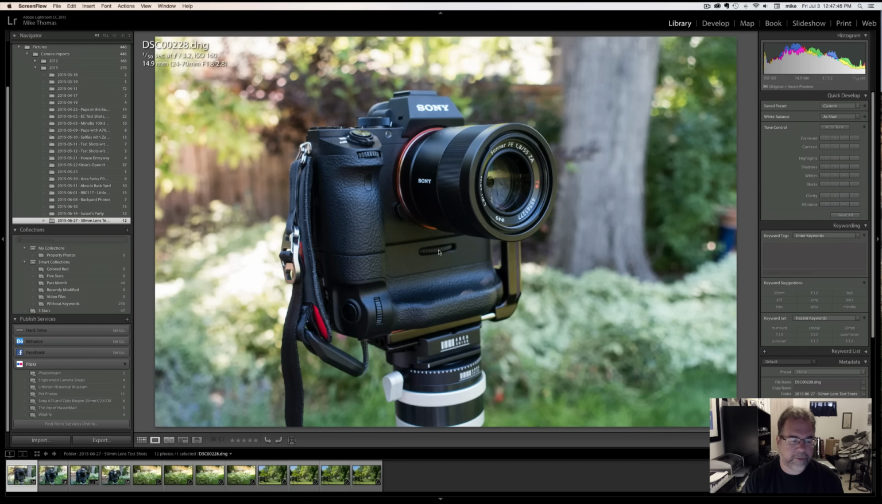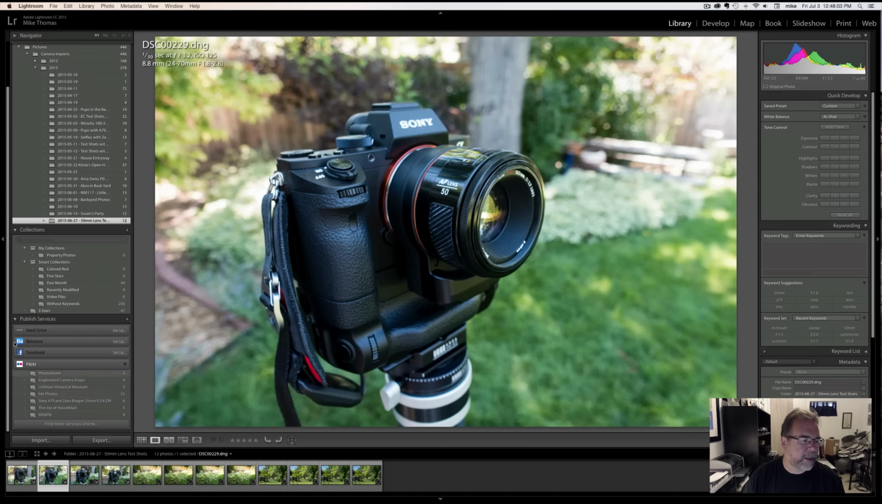I'm comparing 4 different lenses here. One, and you see it on your screen, is the Sony FE 55mm f1.8, which is a Zeiss Sony lens native to the Sony A7 line of cameras. Next is the